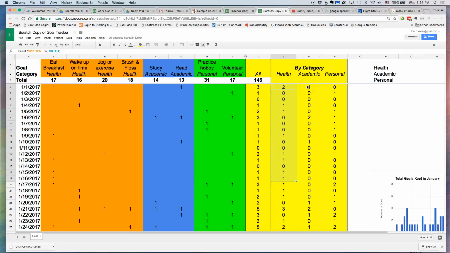What are we going to do under academic? So in academic, we're going to also do a sum if. So let's work on it. So we'll say sum if, and where do we want to go to? Same thing. So actually, we can bring that formula over. So if we bring the formula over,